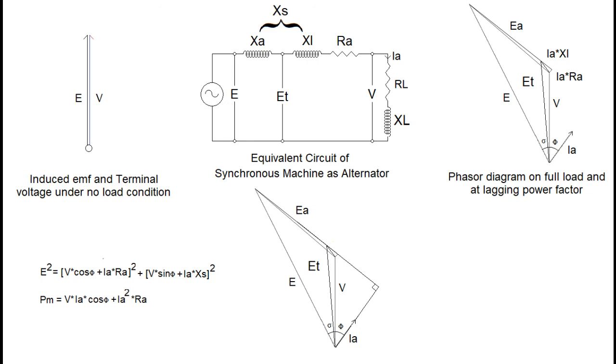Note that out of the total mechanical power supplied by the prime mover, some of the power is lost in mechanical losses that do not appear on the phasor diagram, but the equation contains power lost as armature copper losses. One more point that should be pointed out from the phasor diagram is that the voltage drop in the fictitious reactance is much larger than other drops. In this way, by analyzing one phase of a synchronous machine working as an alternator, we see that the ideal source on the left side of the equivalent circuit supplies power to the load by incurring power losses and dropping voltages in the lumped parameters.